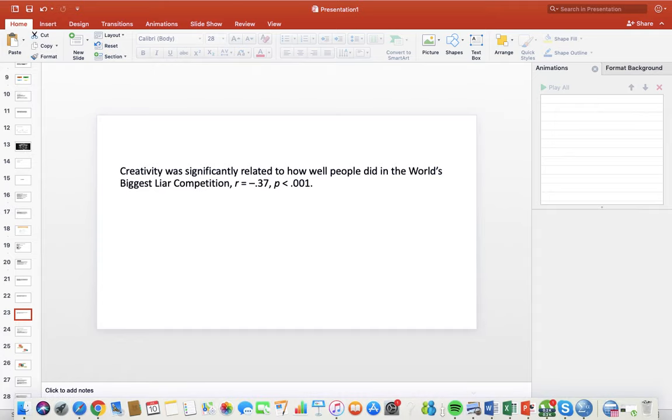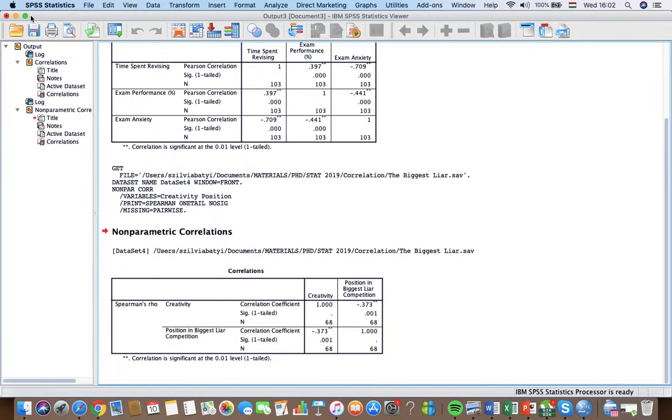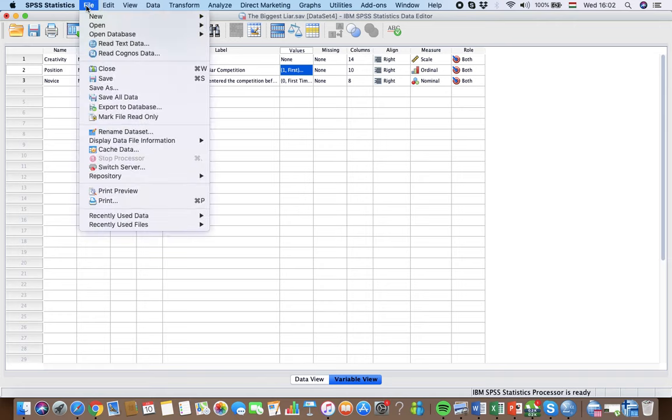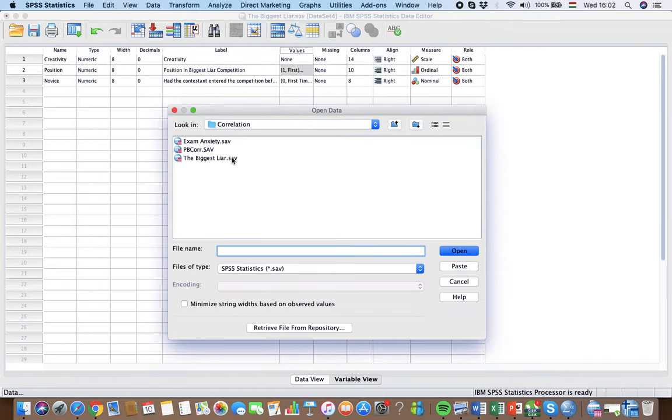Another way of doing correlations is to use dichotomous data. Dichotomous data has only two categories. For example, someone can be pregnant or non-pregnant, there is no between. So this is what we mean by dichotomous data. Or someone can be male or female, but there is nothing in between. So for this kind of analysis, when you have dichotomous data,